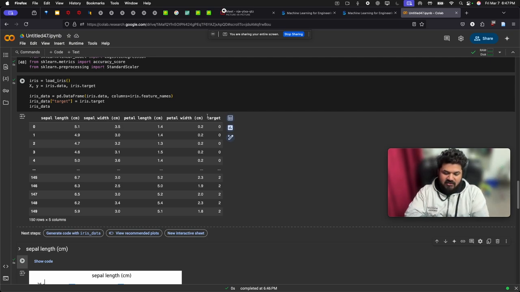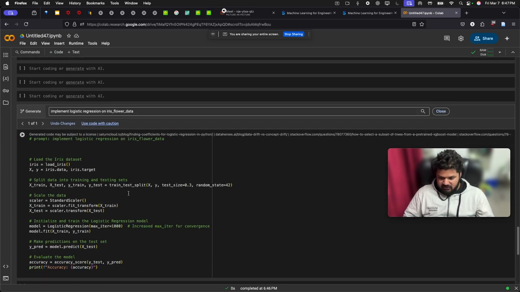Like there are 3 classes here. Target has 3 classes, 0, 1 and 2. So that's how you can determine. And sepal width, so length and width, they are almost similar. So I don't think they will create any type of distinction. So what we'll do is